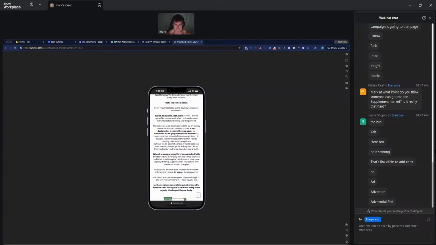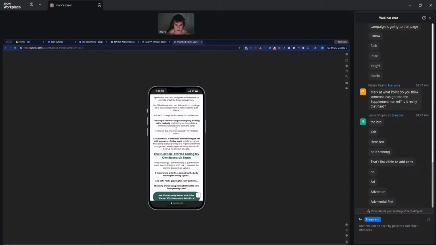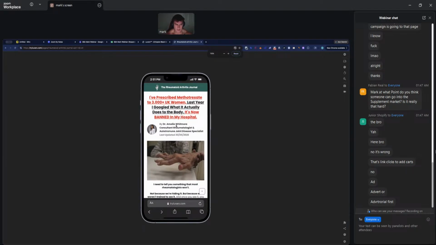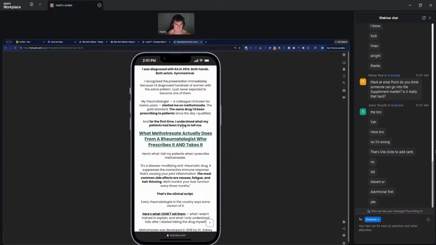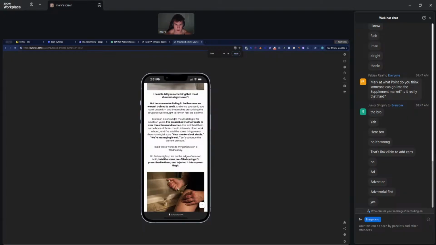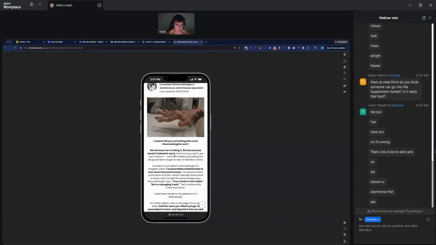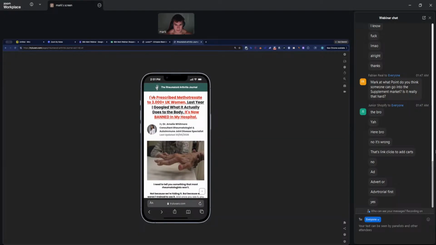Tell me about your market. What age? Obviously female. What age? Rheumatoid arthritis. That's got to be like 55 plus as the dominant market, right? Okay, so you're selling to women that are over the age of 55 predominantly, yet your text is tiny. I would up this to a minimum 18 pixel font. It's also not formatted like an advertorial. Like it doesn't actually represent what a legit